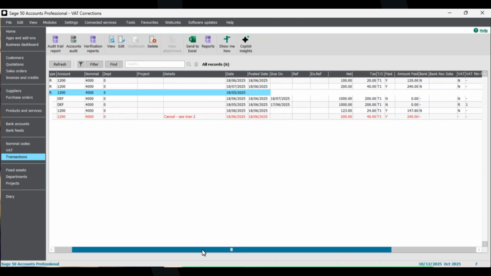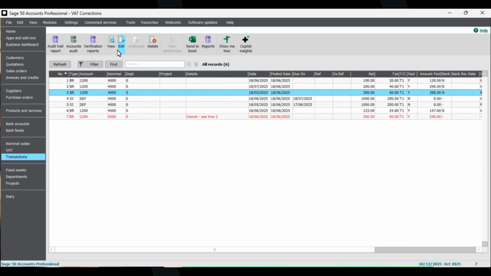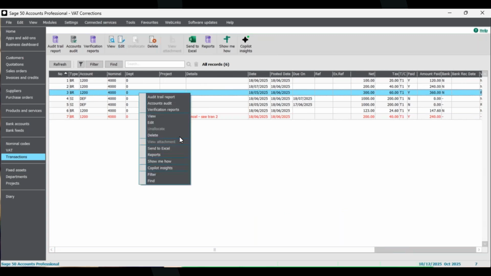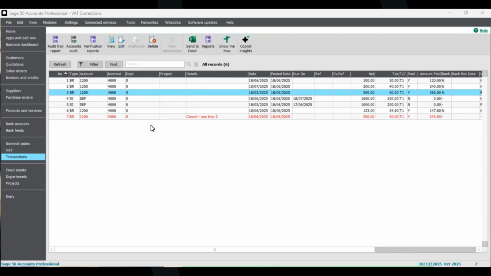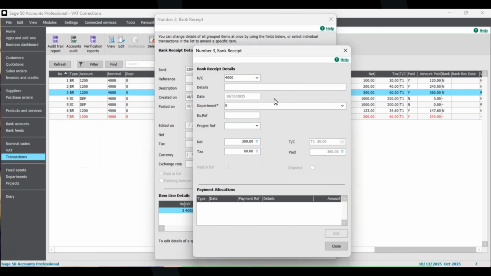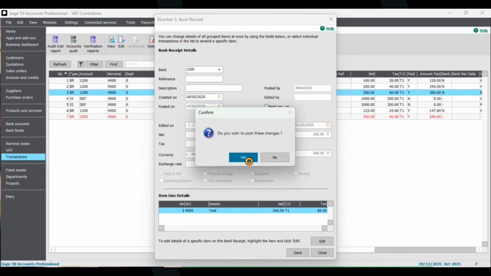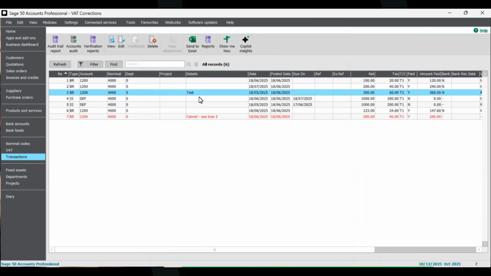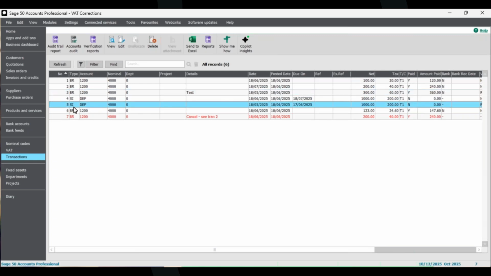And this is a reconciled transaction. And all I'm going to do is either click on edit here or right click and edit. And I'm just going to change the details again like I did first time around. And this is just to demonstrate, again, that it has no bearing on the transaction itself because it's a non-critical field. However, if I then change my focus onto transaction 5 here, sales invoice, this is a critical field I'm going to be changing